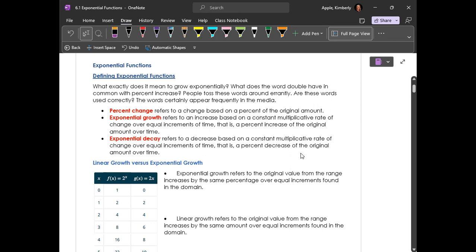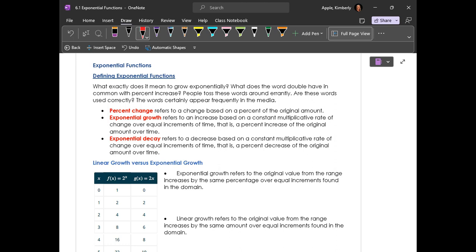Right, so this is section 6.1, part 1, because we're going to strip this down into 2 different sections because it's quite long. Exponential functions is the first topic for this chapter, and then later we'll get into logarithmic functions. So the first thing we need to do is define what an exponential function is and what it means to